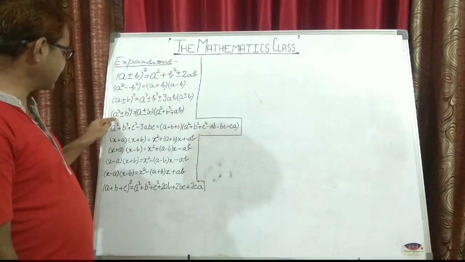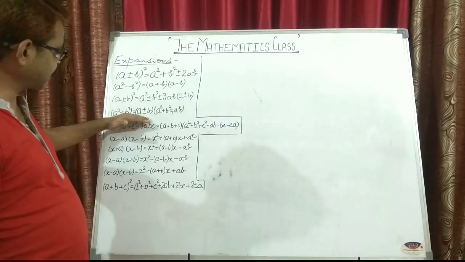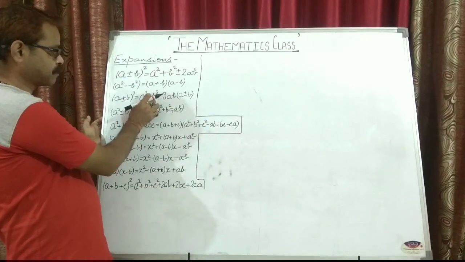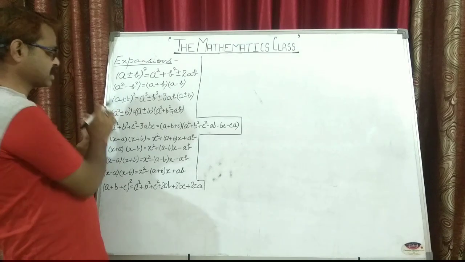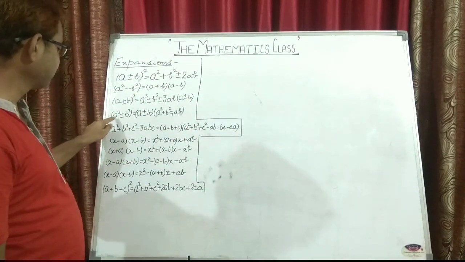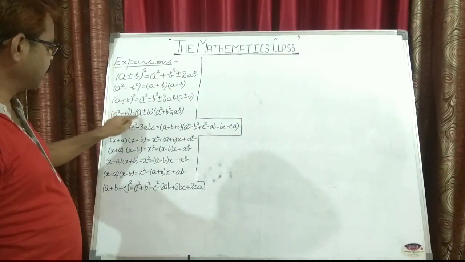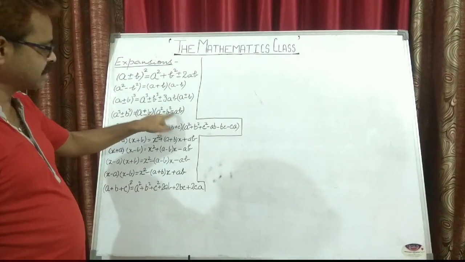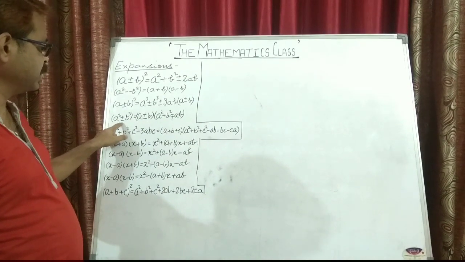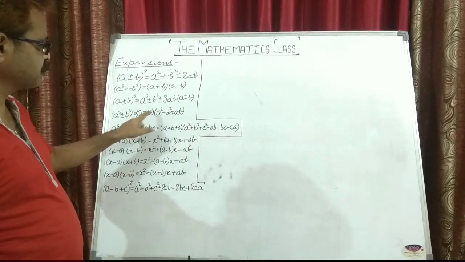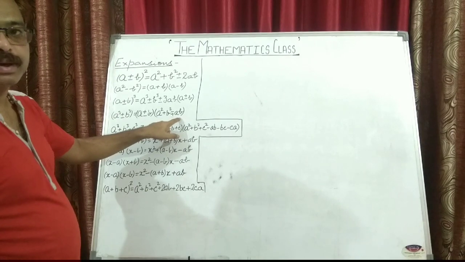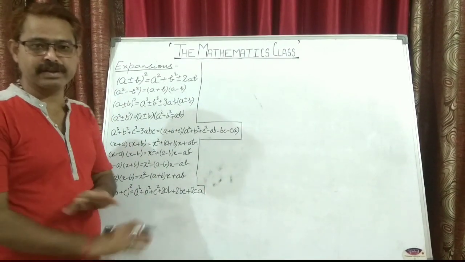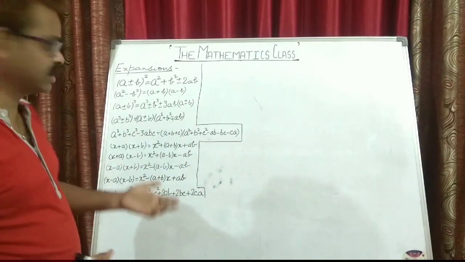Now this is a cube plus b cube. This formula came from the previous one, meaning this portion is kept constant, the rest everything is brought to this side, and after solving we get a cube plus b cube is (a plus b) into (a square plus b square minus ab). But if it is a minus b, you will get (a minus b) into (a square plus b square plus ab). This you all have to just memorize or learn or remember. There is nothing to discuss in this.